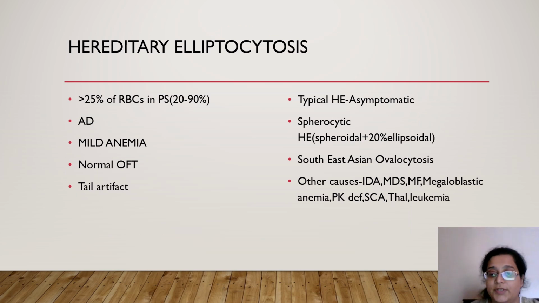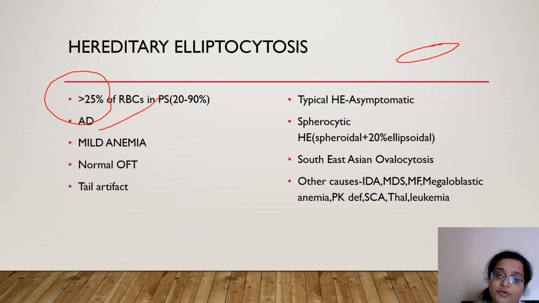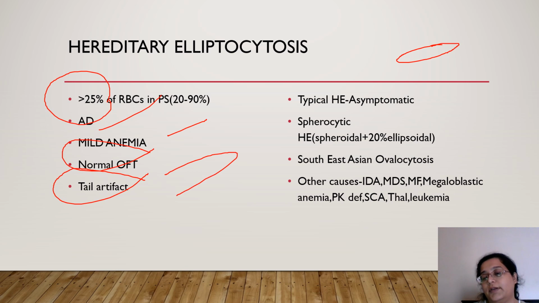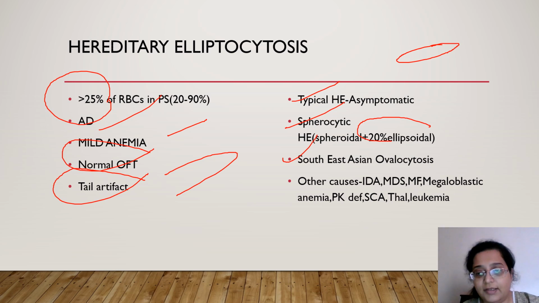Next comes hereditary elliptocytosis. Now what elliptocytosis is, the cells appear elongated and elliptical like this. Again, this should be there in 25% or more. It is autosomal dominant, mild anemia, normal OFT and commonly seen at the tail of the smear. So don't call it HE if it is there in the tail. Types: typical HE is spherocytic where you will get 20% elliptical cells and spheroidal cells. Southeast Asian ovalocytosis. These are seen in good institutes, but commonly we have to rule out the other causes